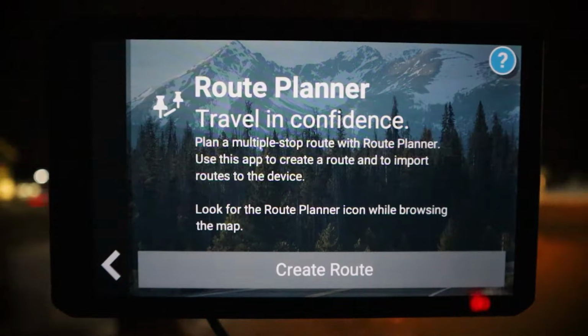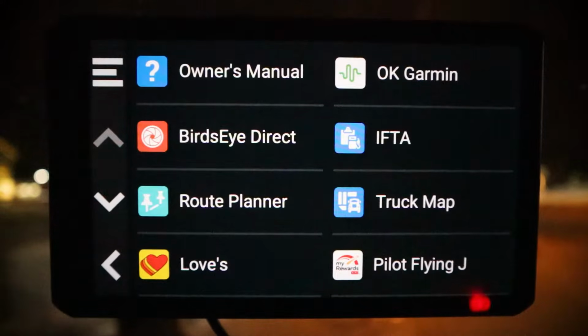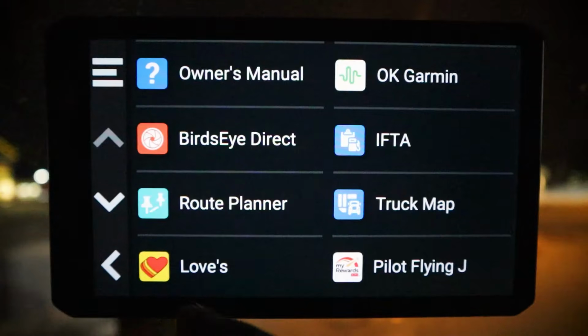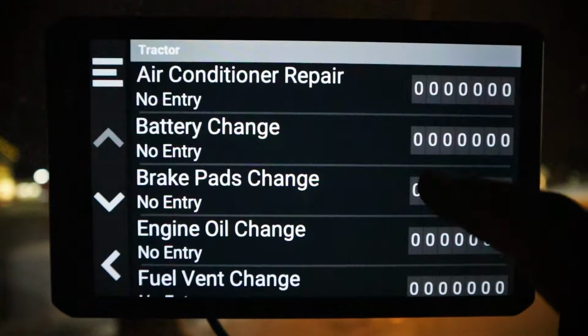Route planner for anyone who likes to plan out their routes. Probably most of you guys. You got your truck map, which is going to show you your STAA preferred routes and your TD preferred routes. You have your Loves and your Pilot Flying J apps. Pretty much